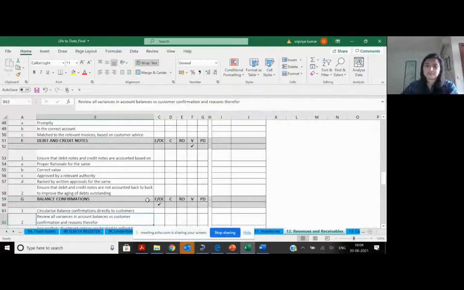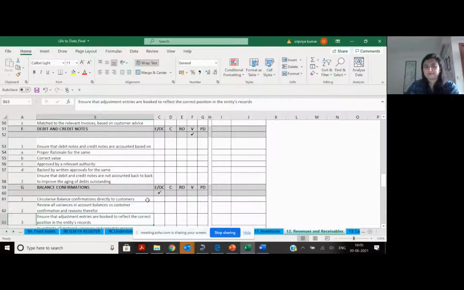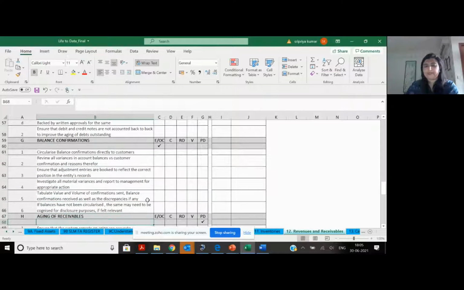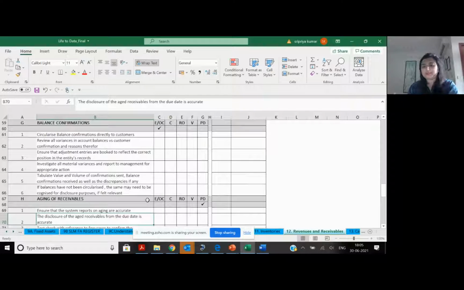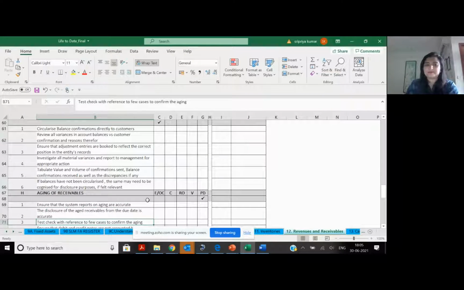Balance confirmations. Very, very important. Dealt with under external confirmations. There is a protocol for it. Ideal is for the auditor to dispatch the letters themselves or send the mails themselves, receive it, reconcile it, and close it. In fact, this was the biggest issue in Satyam, right? They did not get a direct bank confirmation. They got it through the client who gave them beautifully crafted system-generated statements.